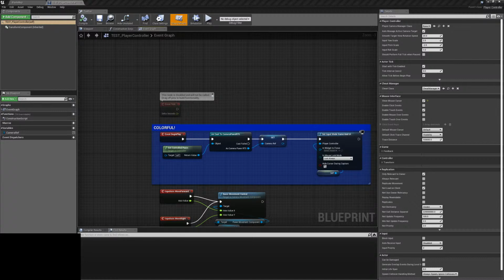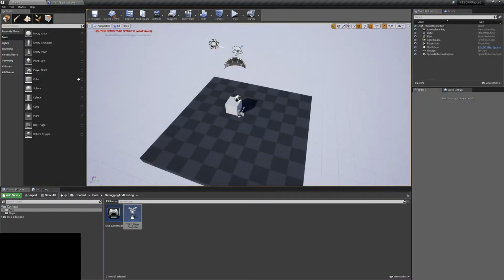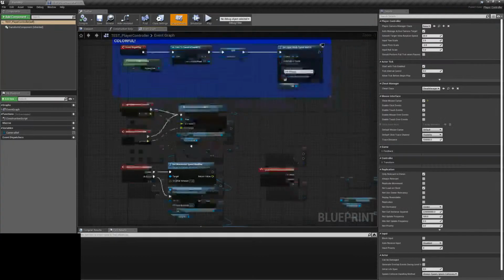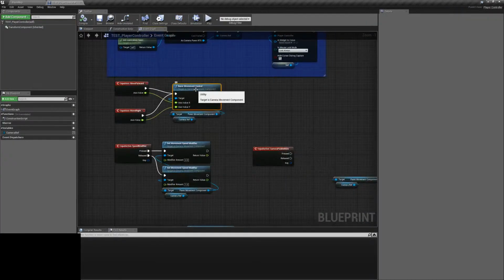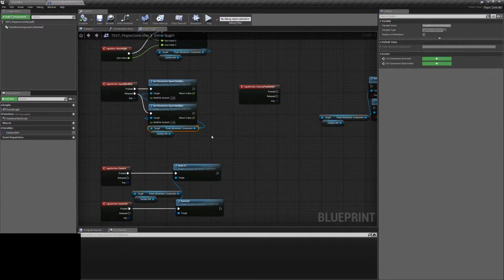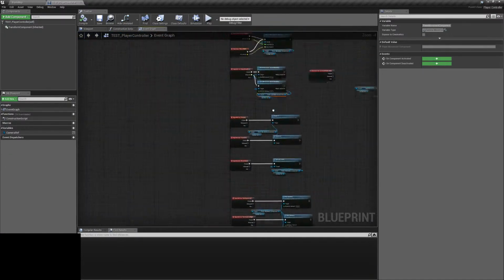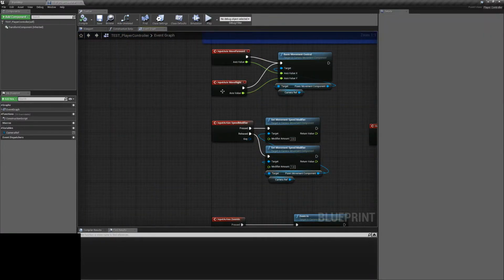Alright, so we have all of this stuff, and for doing this in C++, we don't want to have all of this here. All of these nodes we're calling from our camera pawn or our custom component come from our C++. So what we're doing in this video is actually creating these events. And the first thing we need to do,